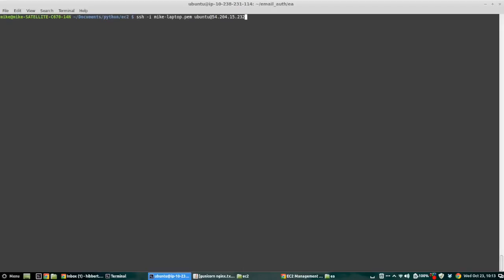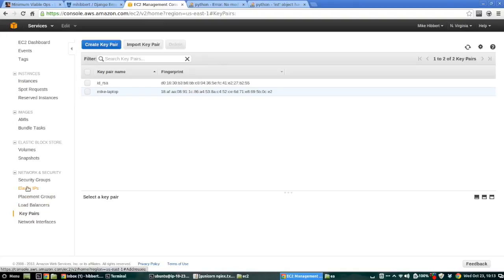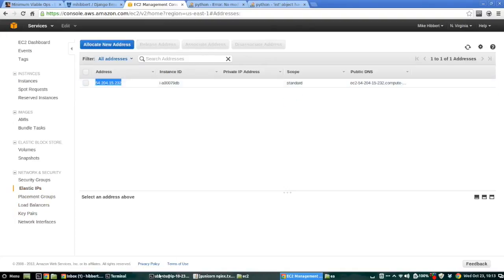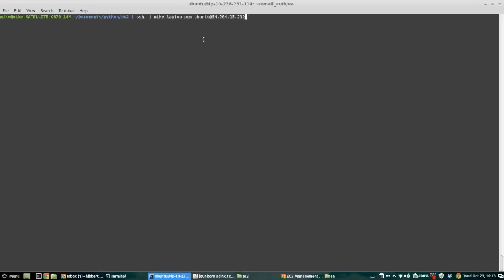And we're going to log on to the IP address that we got inside of our EC2 section. So if we go into Elastic IPs, this is the IP address here, and as you can see in here, all I've done is say ubuntu, which is the user, at, and then the IP address. If we click enter there,